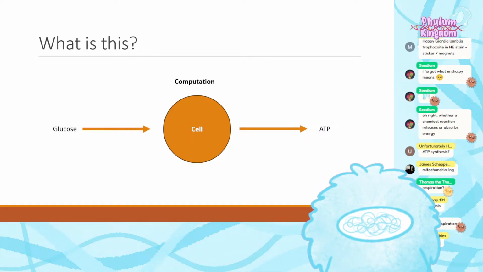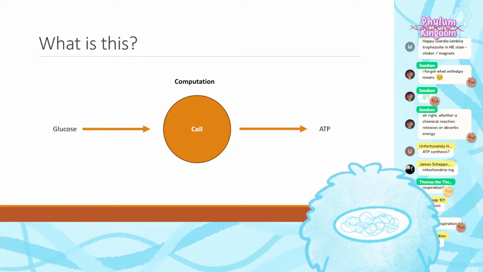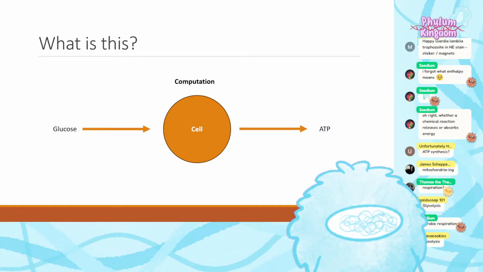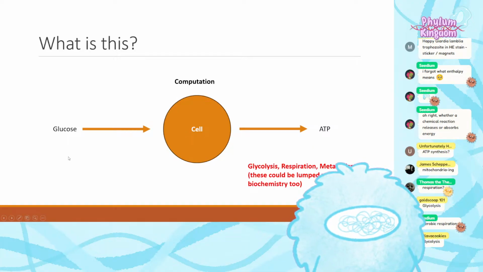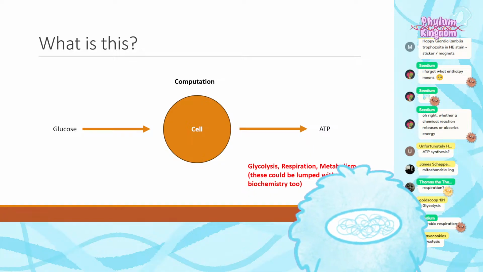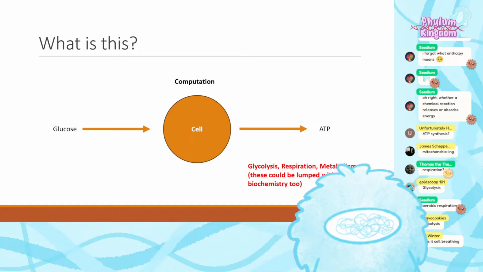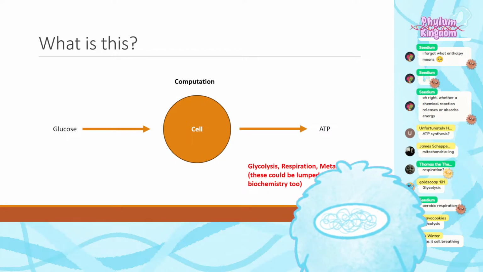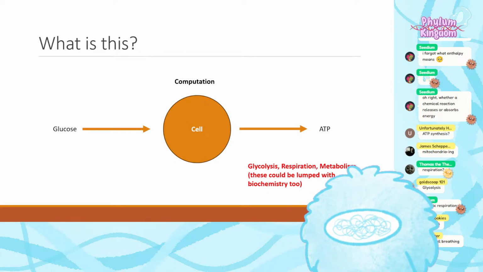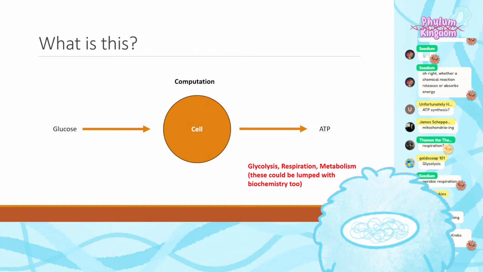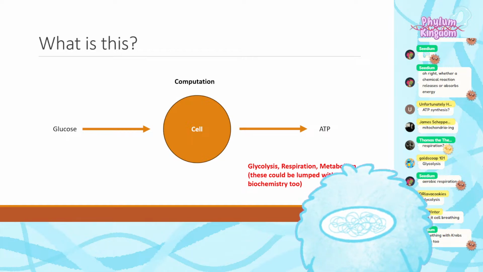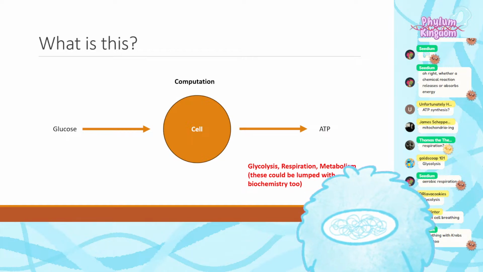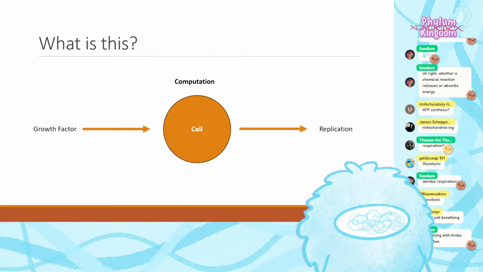Mitochondria, ATP synthesis, respiration, glycolysis, everything here, that's all pretty legit, right? So we can think about this process, input and output, and we can label that process with all of the things that chat has said, which is very cool. Although you can think of this in terms of biochemistry as well. It doesn't have to be solely in the bucket of cell biology, but this is one of the ways that a cell can take an input, glucose, and turn it into an output, ATP.